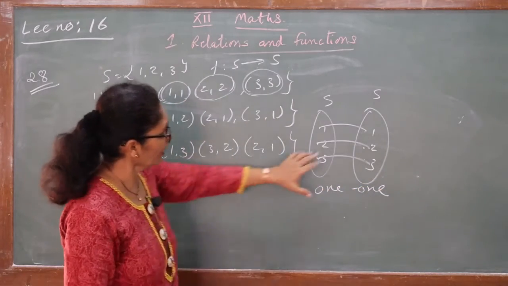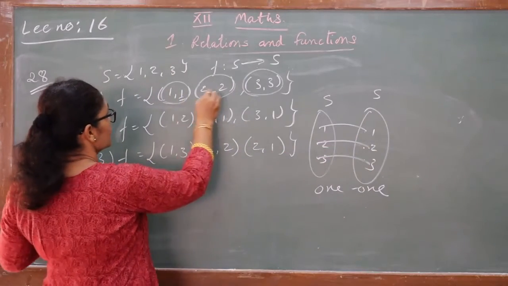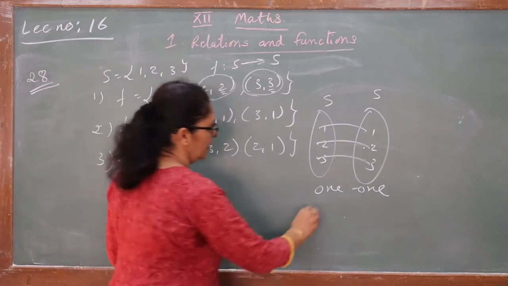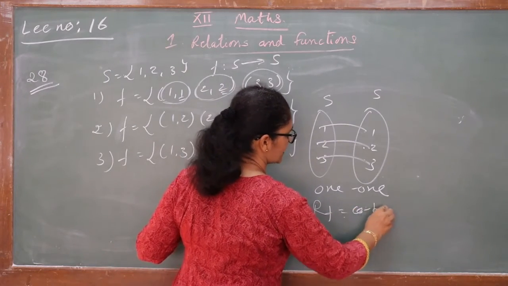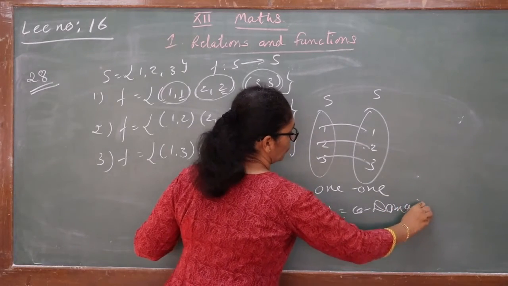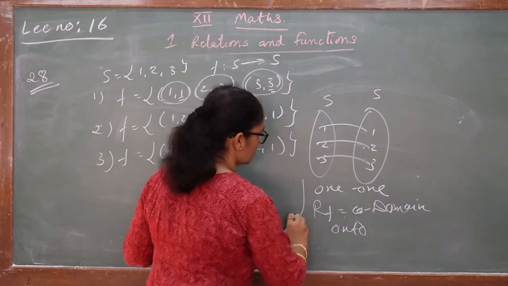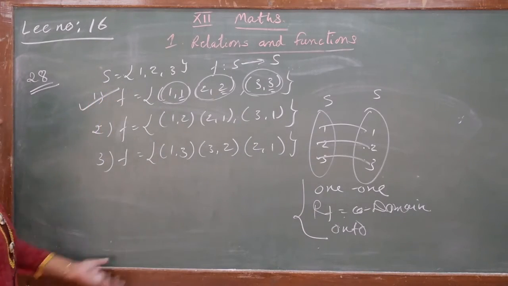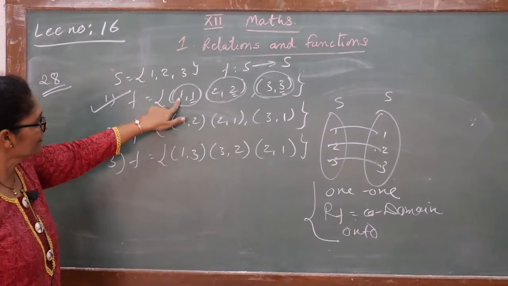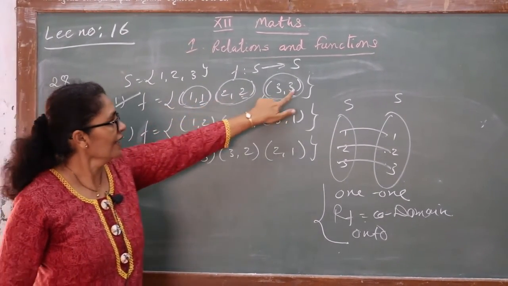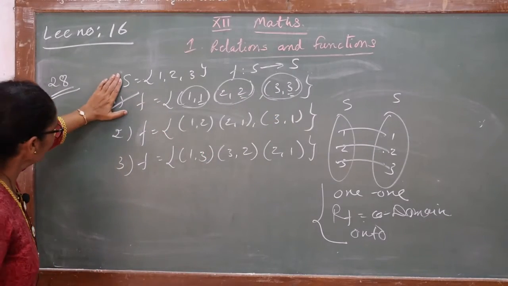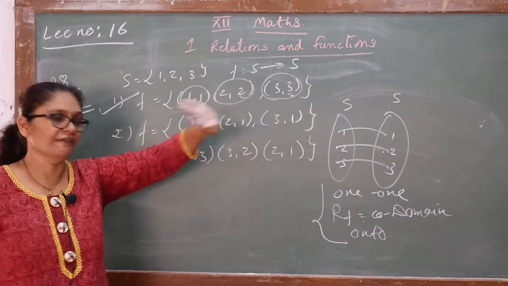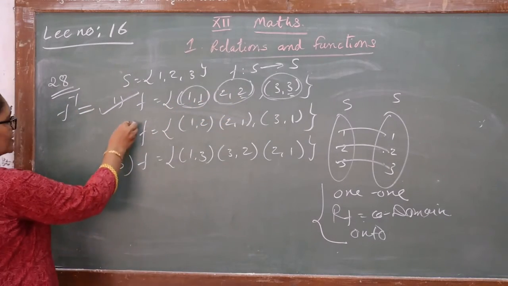Now check what is your codomain, 1, 2, 3, and what is our range? It is again 1, 2, 3. So range and codomain are both the same. What is the meaning of it? If range and codomain are the same, you can say it is onto also. So if the function is bijective, its inverse will exist. So here, what can you write as an inverse? Inverse of 1 is 1 only, inverse of 2 is 2 only and inverse of 3 is 3 only. So here the inverse exists, but it is the same function f, the inverse of f is f itself.